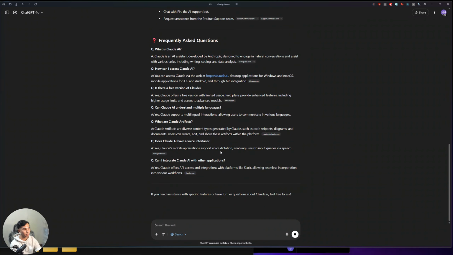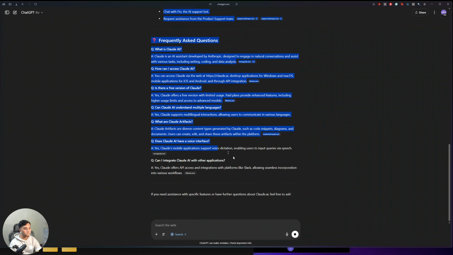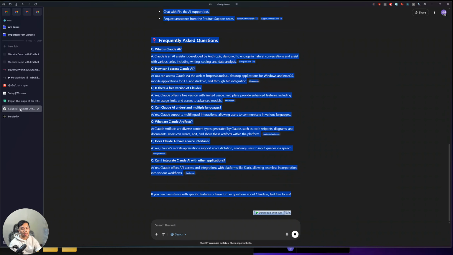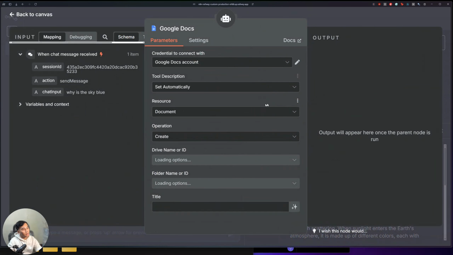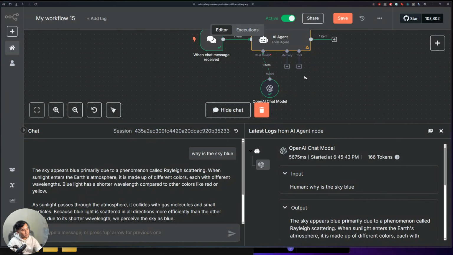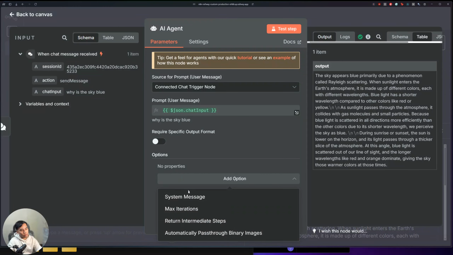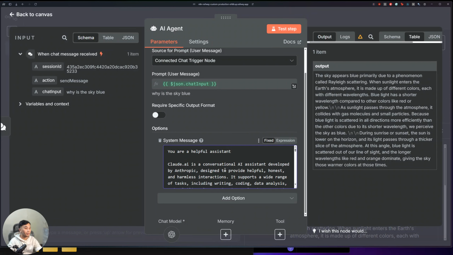All right, so let's just wait for it to be done. All right, it's done. So what you can do is copy this over, right? And you've got a couple of options. You can open up a new Google Doc that the AI agent can reference, and you can add the tool, right? Search for Google Doc, and then put the title or the link of the Google Doc. But for simplicity's sake, let's just add it over to our system message. So instead of just "you are a helpful assistant," let's just copy paste that. I don't know if it will be able to do what we want,